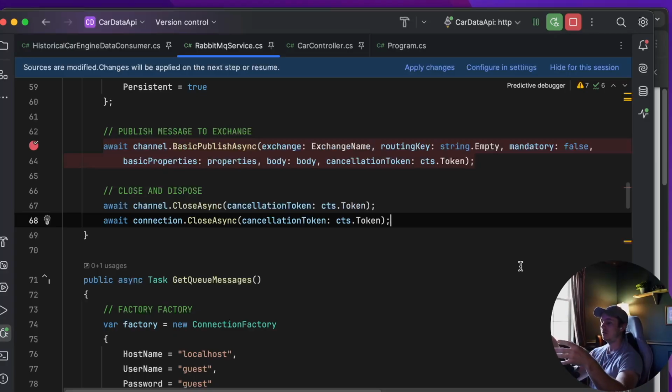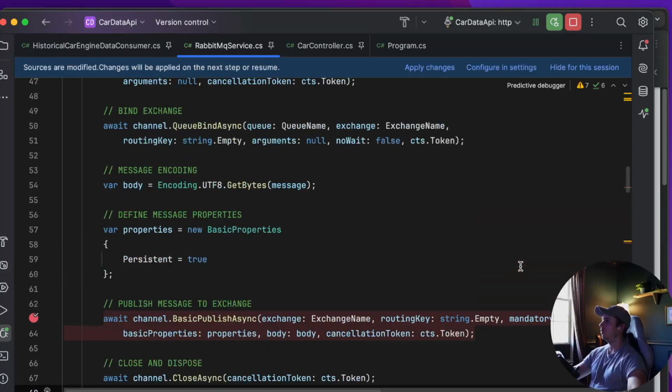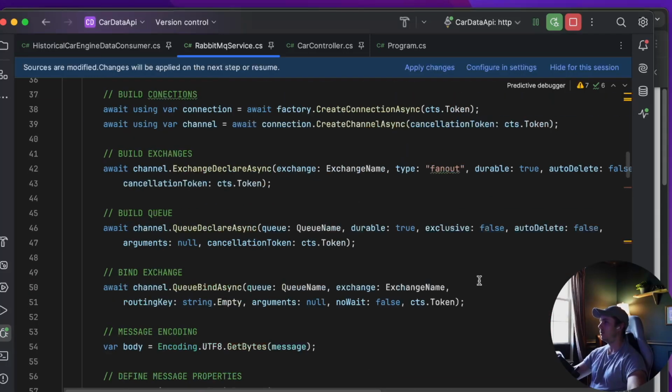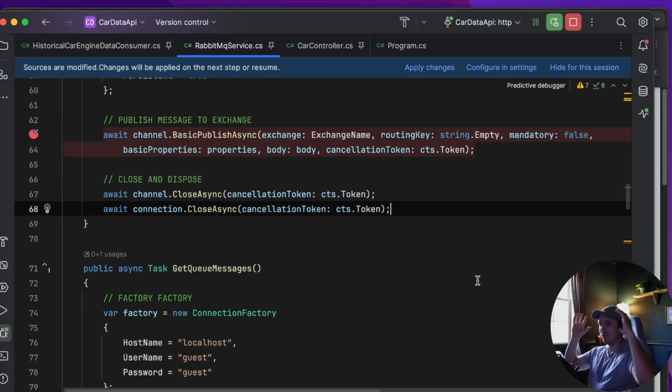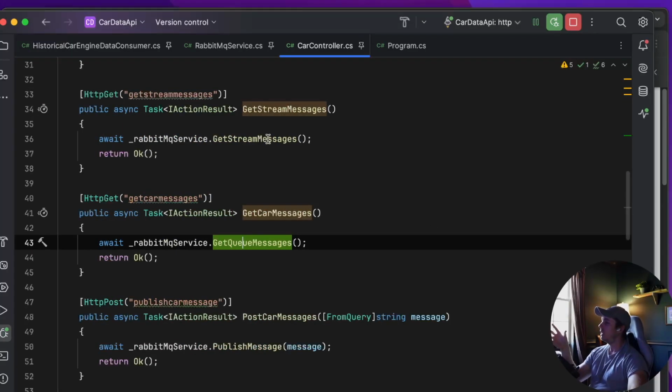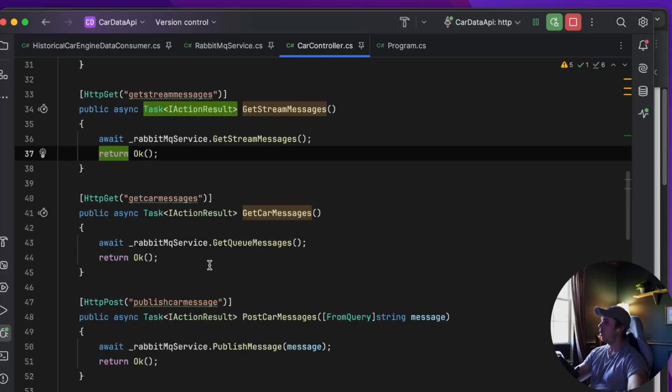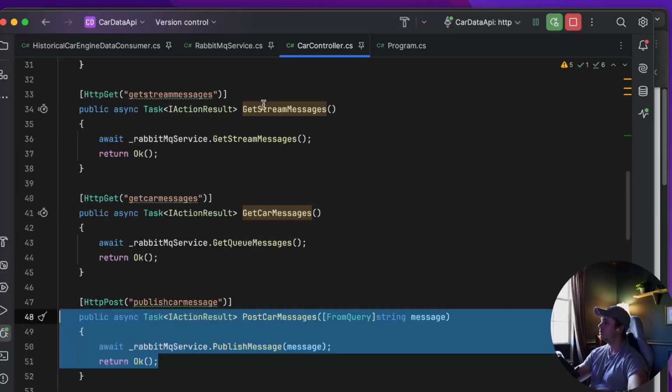There are a lot of excellent libraries out there like MassTransit that make this so much easier and basically remove all of this knowledge of things you have to do, and just allow you to think about how you're using RabbitMQ rather than the configuration just to use RabbitMQ, if that makes sense. So that is an example of an endpoint calling